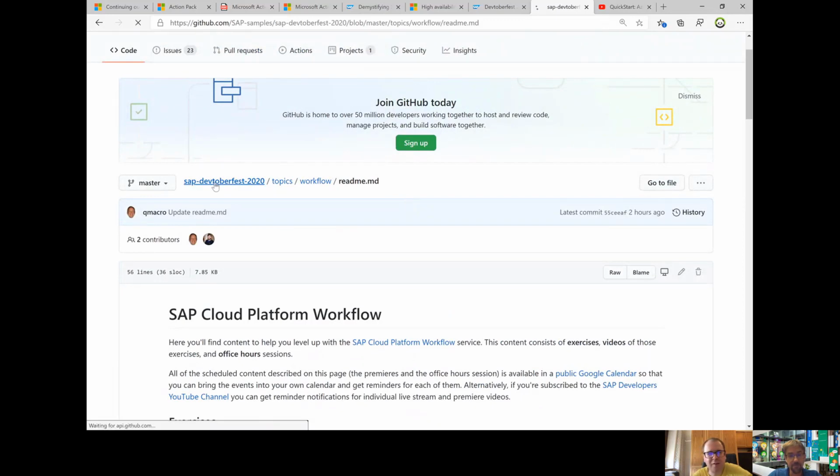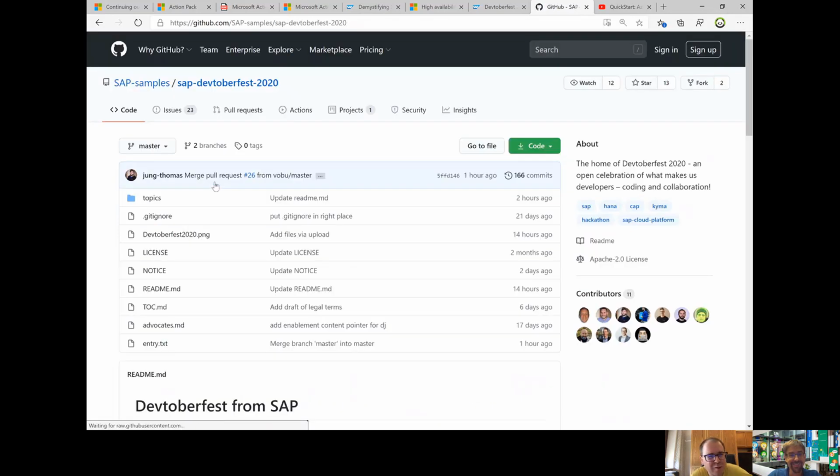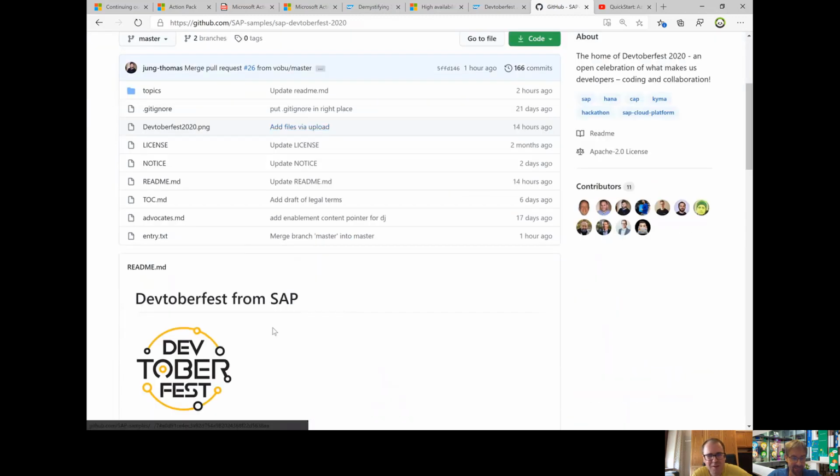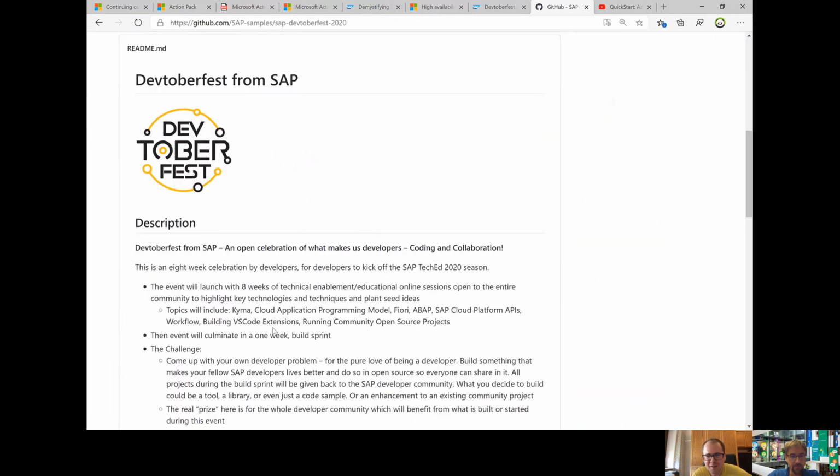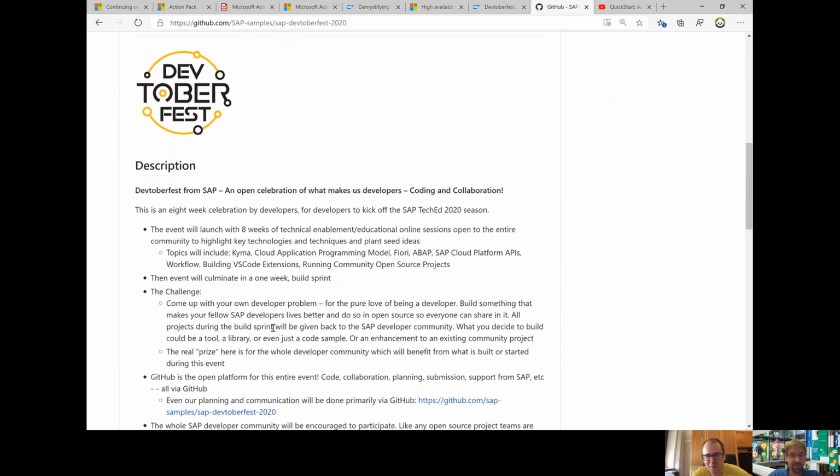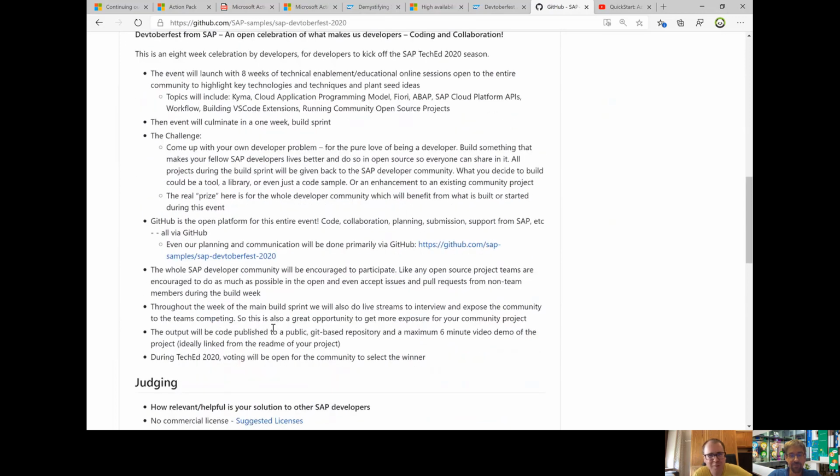It's like an 8-week hackathon, basically, or code jam, I think it used to be called in the context of TechEd, which I guess we'll do without this year, or only virtually. Yeah, I think hackathon is a good description, because it's not only about the technical enablement that I just showed you, but the idea is really to come up with your own problems.